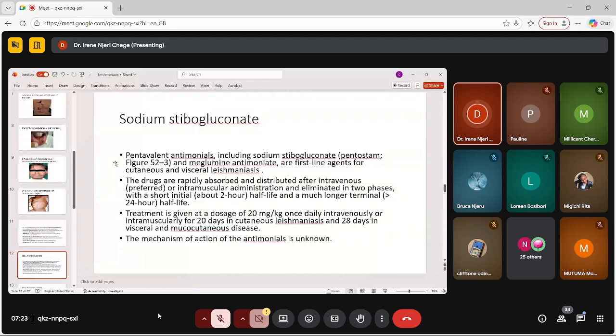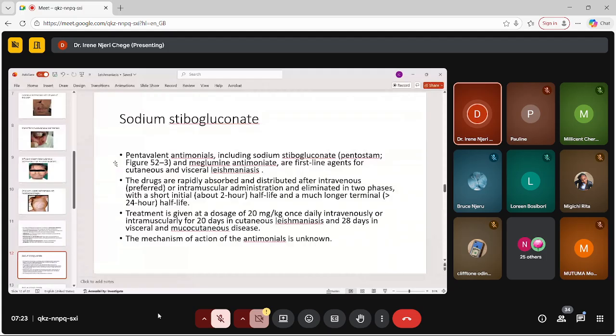We also have meglumine antimoniate. So these are what we're calling antimonial compounds, specifically pentavalent antimonial compounds. Sodium stibogluconate is one of them. We're saying the sodium stibogluconate is used to treat early non-inflamed lesions. This meglumine antimoniate is used also as a pentavalent antimonial, and these drugs, this class of drugs, the pentavalent antimonials, they